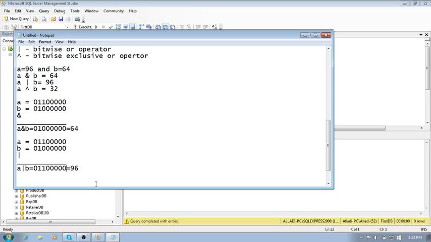When you perform the A or B operation, that is going to be 96. Like this we get the result. This is exactly the 96 you are getting. This is going to be the result for us here. Okay. Now next come to